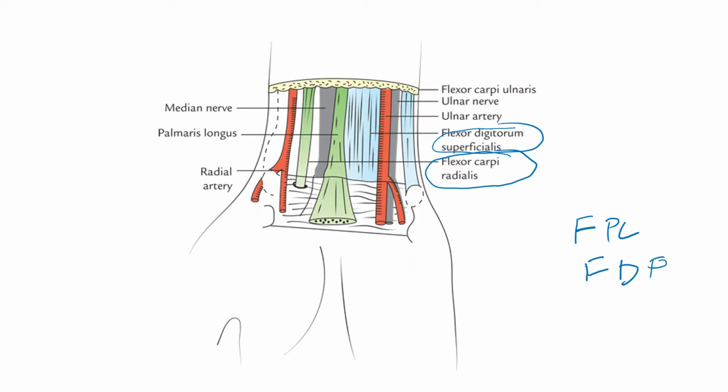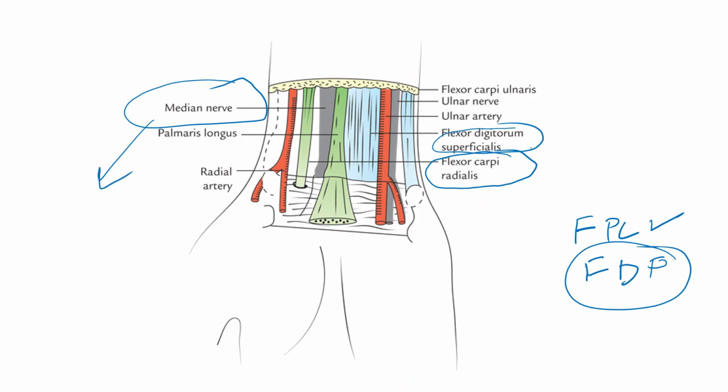So there are in total 4 tendons of the flexor compartment, that is the tendons of the flexor digitorum superficialis, the long flexor tendons of the flexor digitorum profundus, along with it the tendons of the flexor carpi radialis and the flexor pollicis longus. Other than these long flexor tendons, the structures which are deeply passing through this flexor retinaculum is one of the important nerves, that is the median nerve. Yes, this median nerve makes up the structure passing deep to the flexor retinaculum.